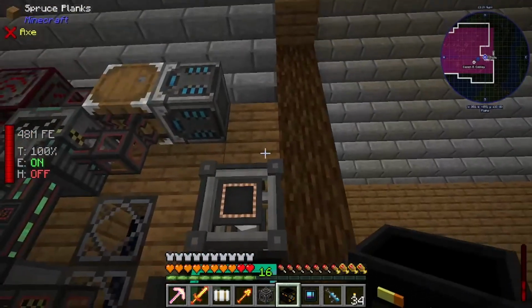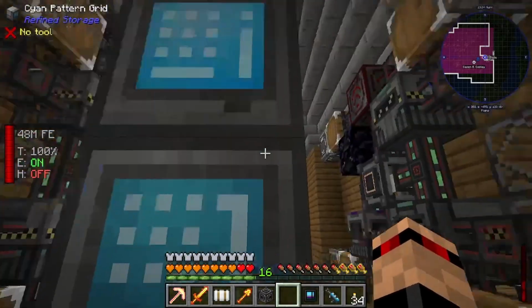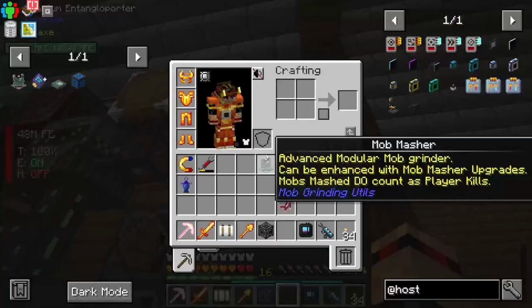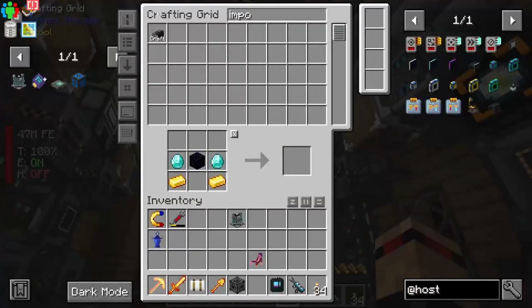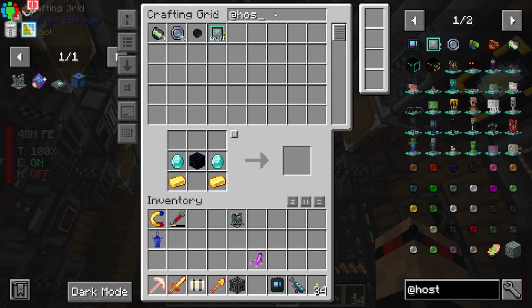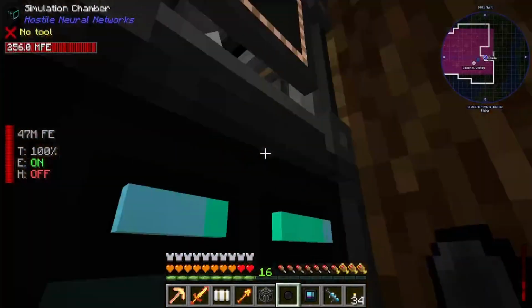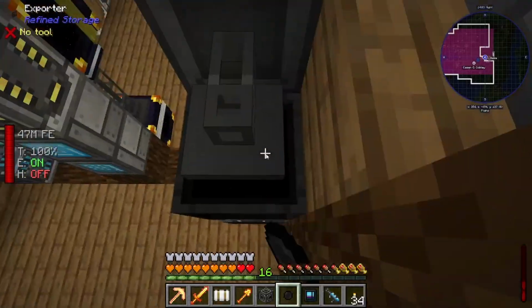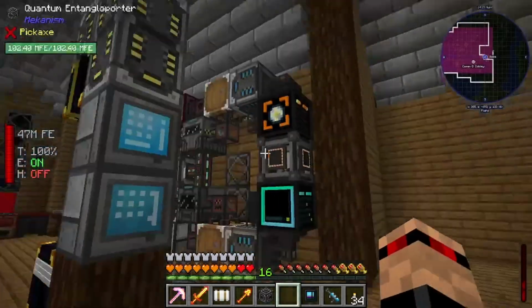So we can now set this loot fabricator up like that, and then I can have an exporter and importer on this as well. Stick the importer on that side, and stick the exporter on that side. And then grab one of these, stick it in... nope, not that. There you go. Export these things. You can go in here. You need to select which one it needs to be, and that is 256. So that is making us